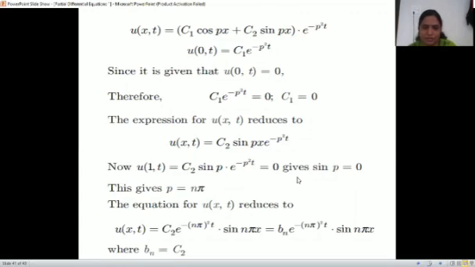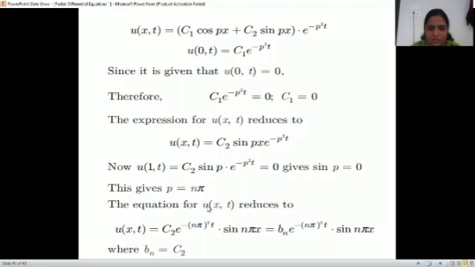So sin p is equal to 0, that means p should be n pi, since sin of pi, 2 pi, n pi are all 0. So u(x, t) is c2 e raised to minus n square pi square t into sin n pi x. That is equal to bn e raised to minus n square pi square t into sin n pi x, where bn is c2,